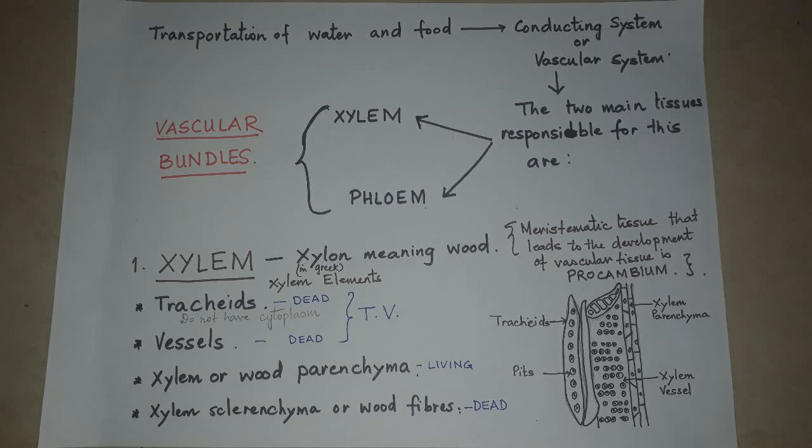Now, the first one is the tracheid. The tracheid has certain holes in them, and these holes are known as pits through which water is conducted upwards. Each of these tracheids is broader in the middle and tapering at the 2 ends, as you can see in this diagram. The arrangement is such that the next tracheid will be tapering here, tapering at the 2 ends and broader.